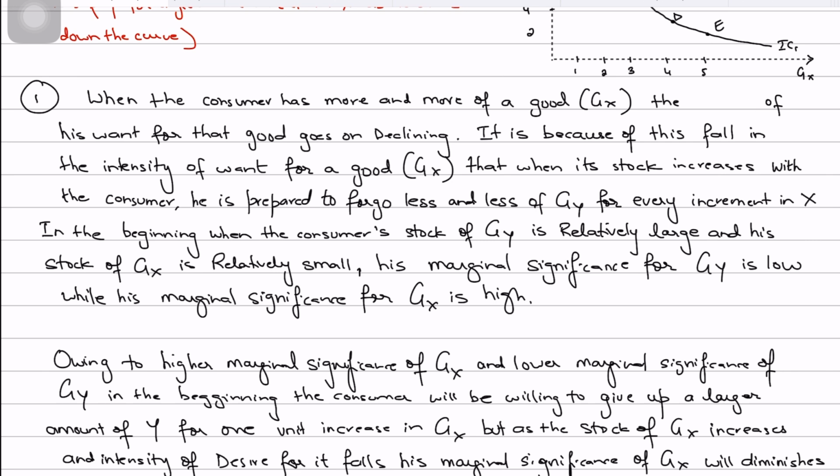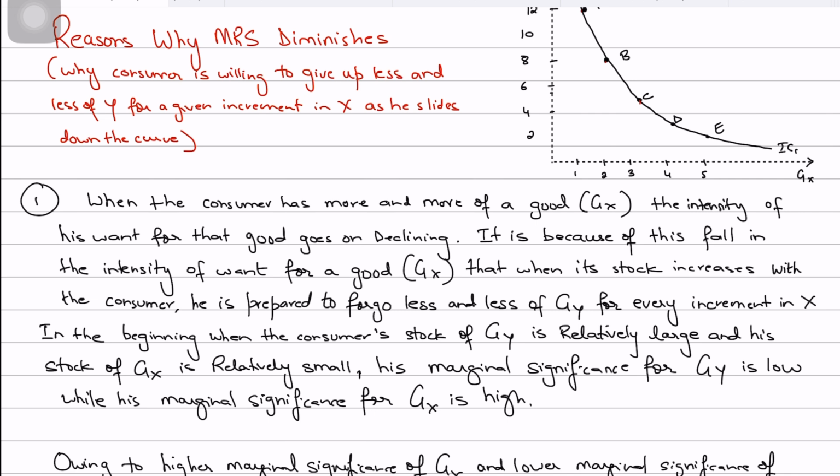This is the intensity of his want. Let me correct this. So what I've written is that when the consumer has more and more of good X, the intensity of his want or desire for that good goes on declining, because now he has more of X, right? And it is because of this fall in the intensity of the want for good X that when its stock increases, यानी जैसे जैसे good X की stock increase होता जाता है from 3 to 4, 4 to 5, 5 to 6, 6 to 7 and 8,